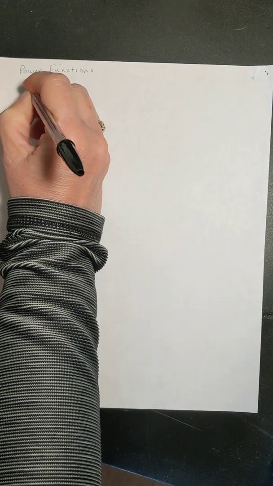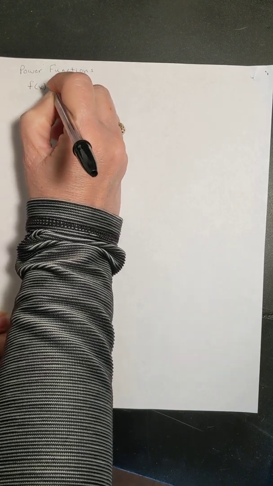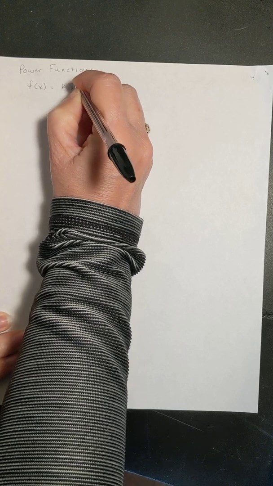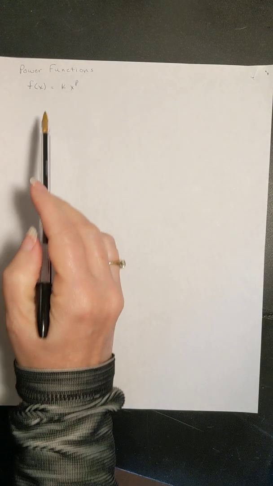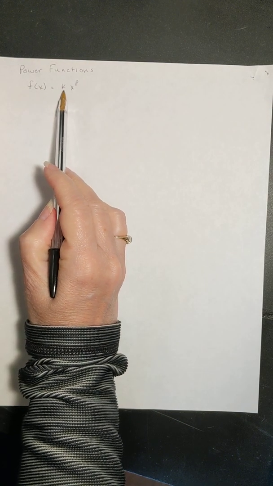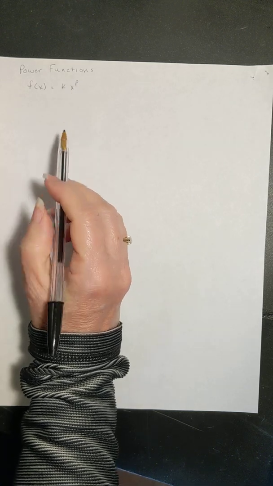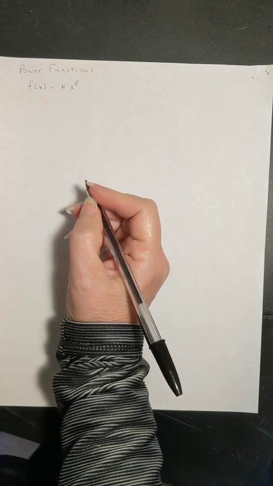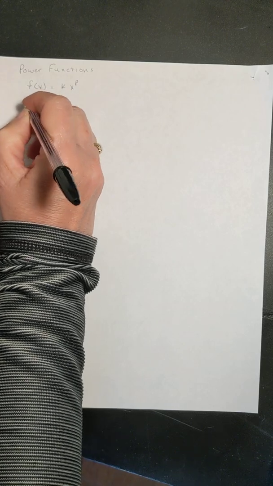A power function is of the form f of x is equal to k times x to the p, where k is the coefficient and p is the exponent. Now let's look at a couple of functions that we have already talked about that are power functions. The first one is